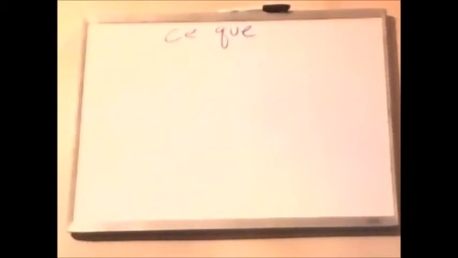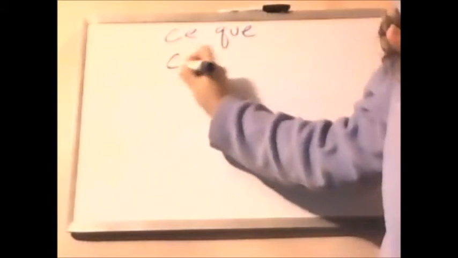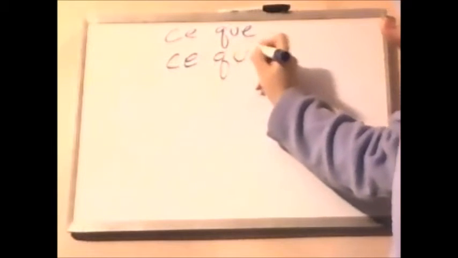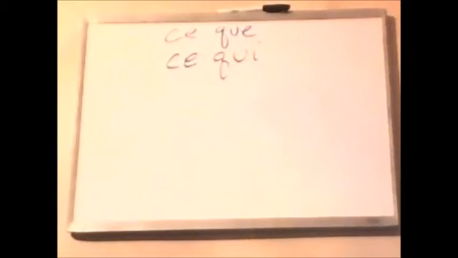Numéro 2. Dites-moi, vous êtes important. Or with liaison, vous êtes important. So here again, vous is not functioning as a subject. Vous is the object pronoun. What is important to you? So we need a subject in this sentence. And so we're going to need ce for no antecedent and qui for the subject. Dites-moi ce qui vous est important.